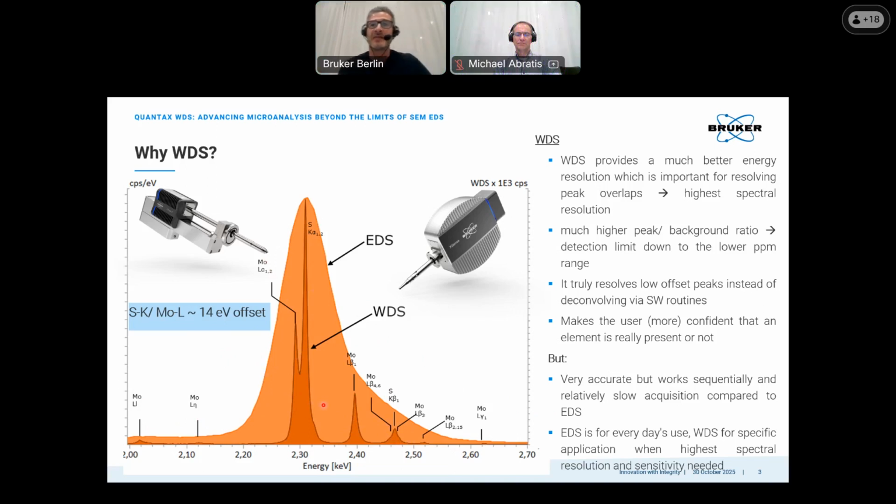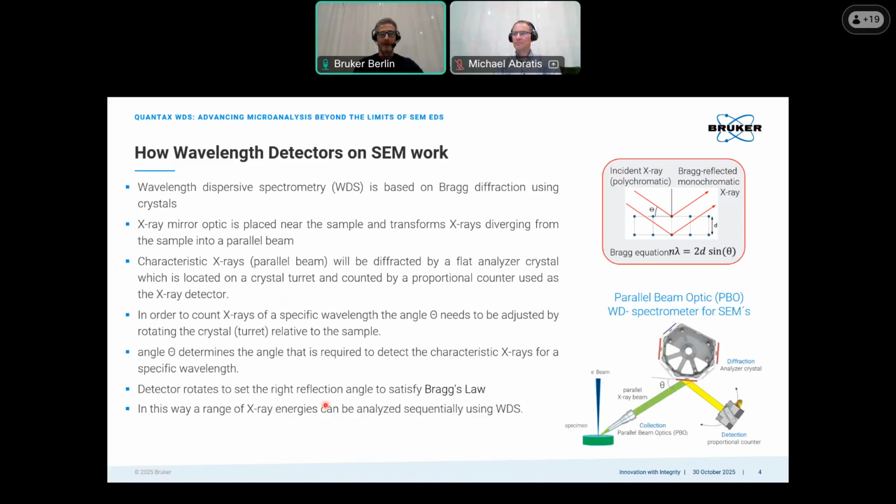So WDS is very accurate, but it works sequentially, and therefore it's a relatively slow acquisition compared to EDS. That means that EDS is more for everyday use, where WDS is used for specific applications when highest sensitivity and resolution is needed. So a relevant question is, when we know that WDS is very accurate but also very slow, we need to understand